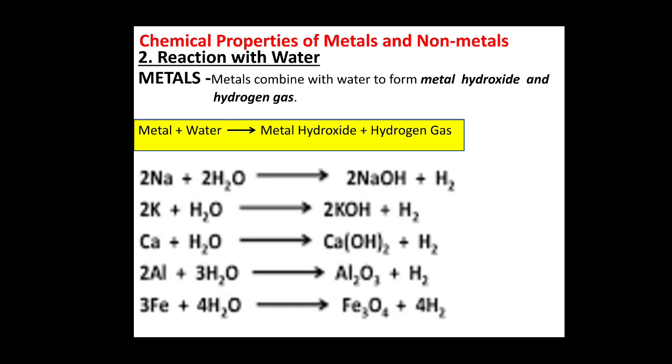But aluminium and iron I have given here for your knowledge only. Do not remember them. Whatever is in the first three reactions, wherever it forms the metal hydroxide and hydrogen gas, that is in your syllabus. The rest require further steps of reaction. So, I have just made you understand that there are a few metals that in the first step form oxides only. In further steps they may convert to hydroxide. So, the first three you have to remember. Clear?